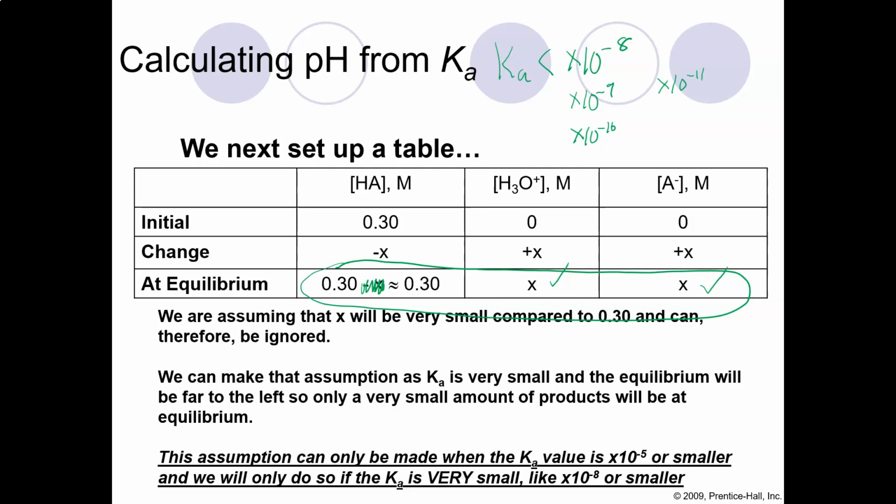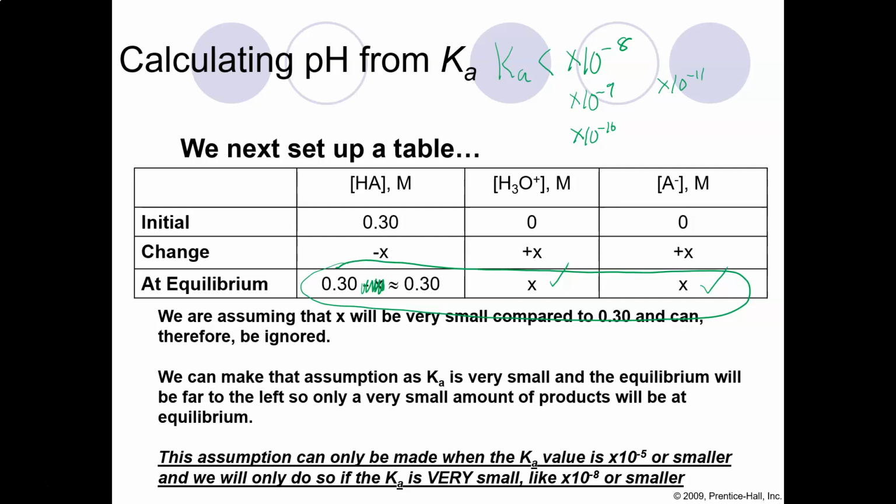And then if it's not, because sometimes at negative 5, negative 6, negative 7, sometimes you can't use this shortcut. So then after you did the shortcut, tested it, found out that it wasn't correct, you're going to have to go back and redo the whole problem using the quadratic formula. That's not worth it to me. So what I did was I drew the line at a place where it's always fine to use the shortcut,